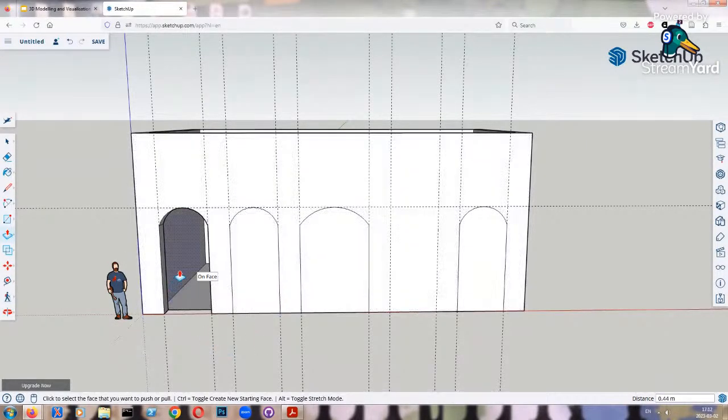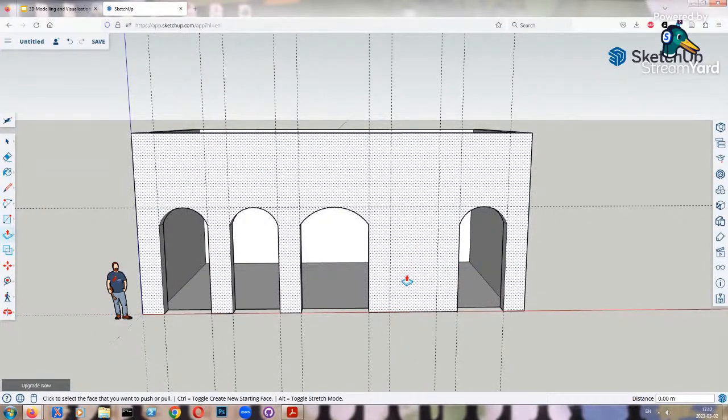And because I've just pushed that hole through the wall at 44 centimeters deep, rather than having to do it again each time, I can actually now just double click with this tool on a space and it will do the same thing that I just did. So it'll double click, it'll make another 44 centimeter deep hole through that wall. And I won't do the fourth one because I did something wrong when creating the wall, but you see the general principle. So that was the first 16 or so points of the 40 something points on the